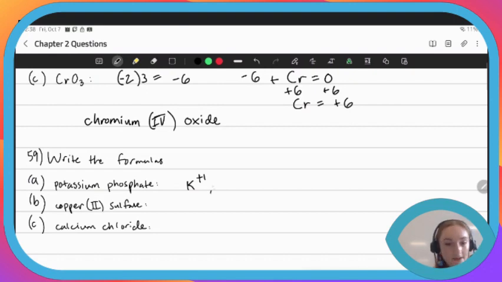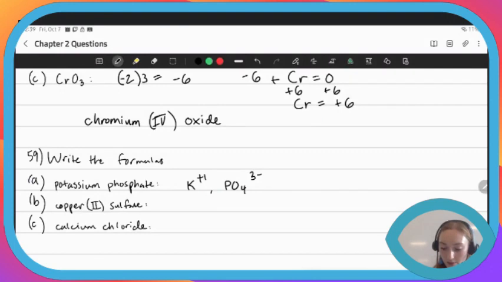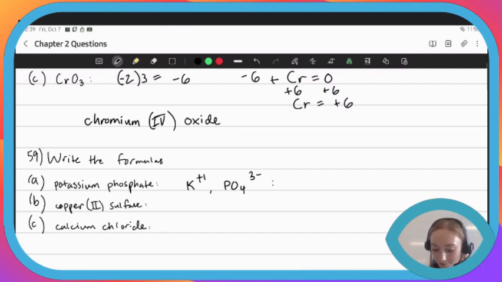And then for phosphate, we have the ion that looks like this, PO4, and it has a charge of 3 minus. And so because there is a plus 1 and a 3 minus, we need to figure out how many plus 1s will neutralize the 3 minus. And so what that will look like is K3PO4, because we need 3 of the potassiums to neutralize